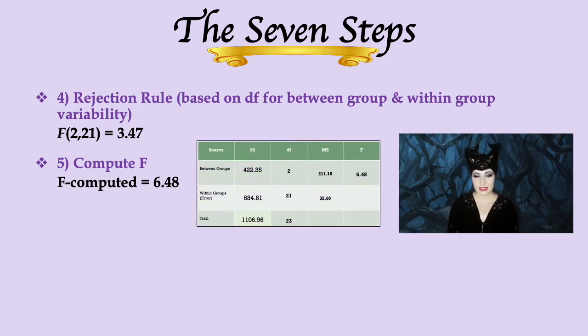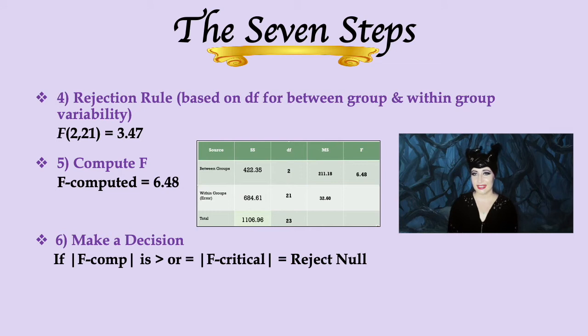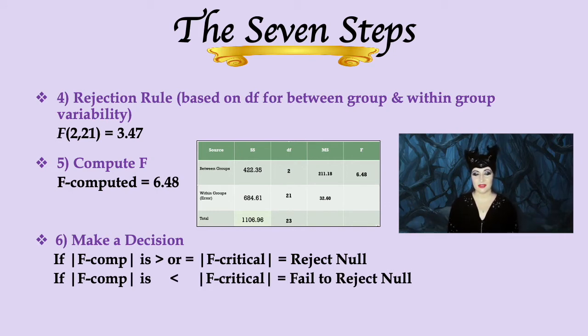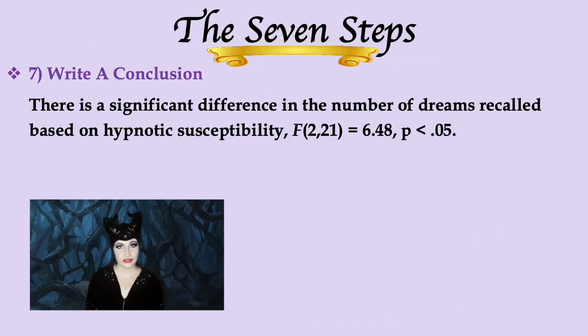We also previously computed F to be 6.48. So now we're ready for step 6, the decision. If the absolute value of F computed is greater or equal to F critical, we know that we reject null. Conversely, if F computed is smaller than F critical, we fail to reject null. According to this, 6.48 is definitely bigger than 3.47, so our decision will be to reject the null. And our conclusion statement would say that there is a significant difference in the number of dreams recalled based